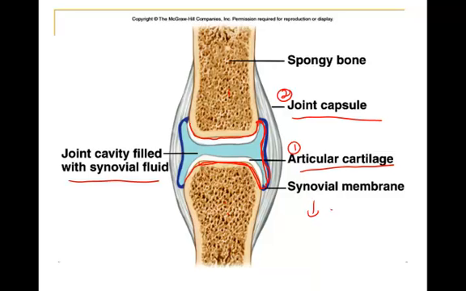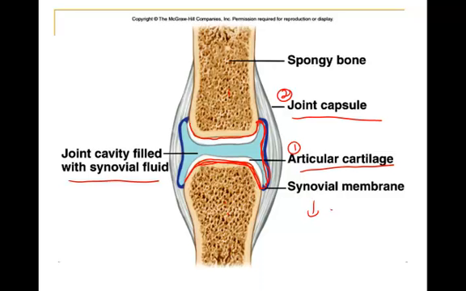So the articular cartilage again here, and they always cover the opposing bone surfaces. This joint cavity now looks like a big space in that picture, but it's really what we call a potential space, where if I went in there, you wouldn't see an open space. But fluid could make its way in there and collect. It is filled with synovial fluid, released from the synovial membrane, and that again provides